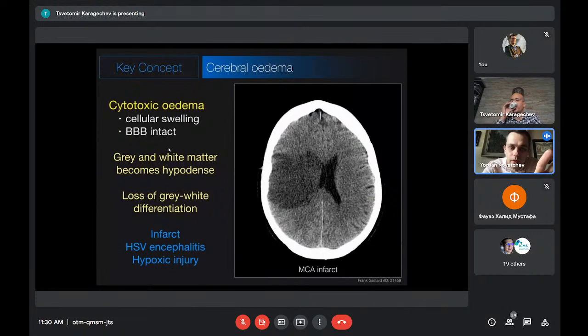When we look at the brain CT, it's inverted. So on the right side of the brain, on the left side of your screen, when you look at the CT, you can see how there is a big hypodense, so grayer area, where the gray and white matter differentiation of the brain is lost. This is the first type of cerebral edema, and this is due to cellular swelling, because we get this usually in infarction.